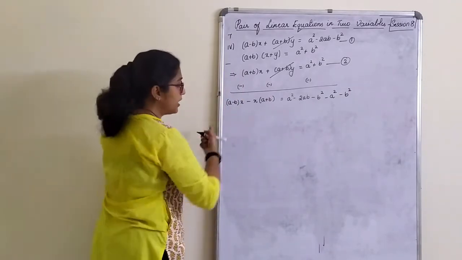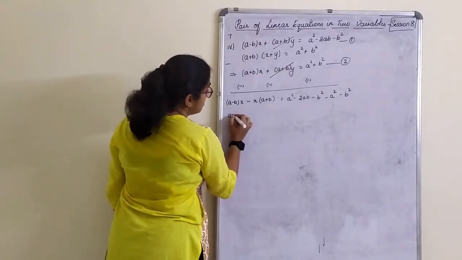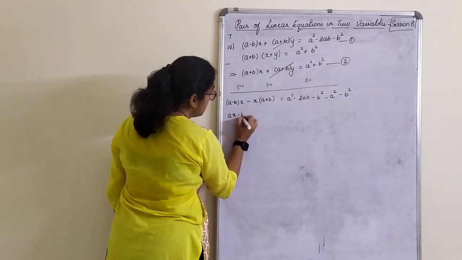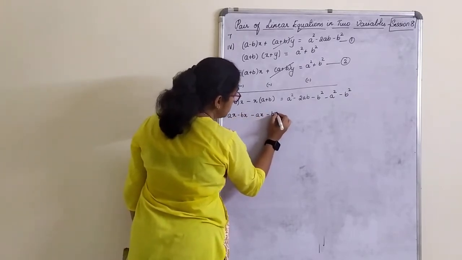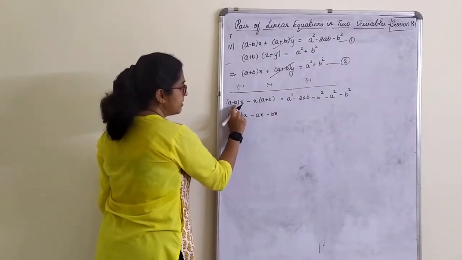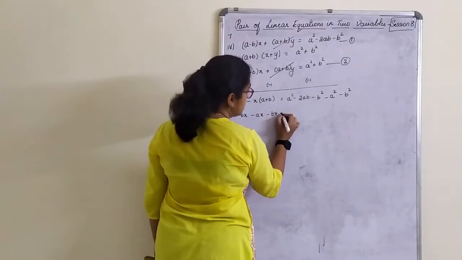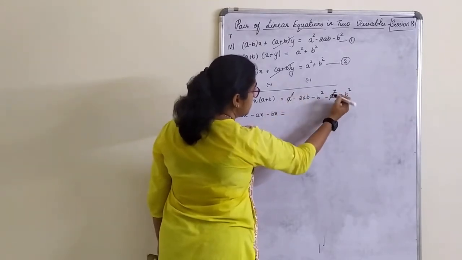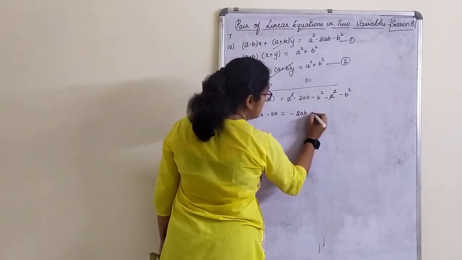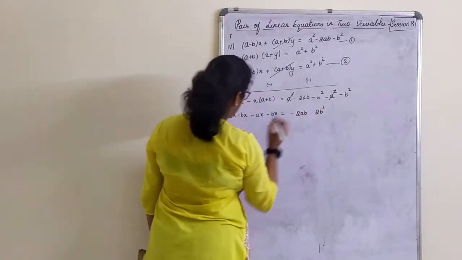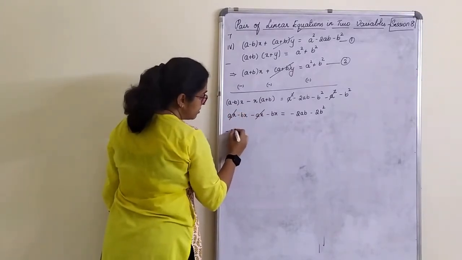Okay. Now split it. This can be written as ax minus bx minus ax minus bx, a into x, x into b, is equal to plus a square minus a square cancel, minus 2ab minus 2b square, minus ax plus ax cancel, minus